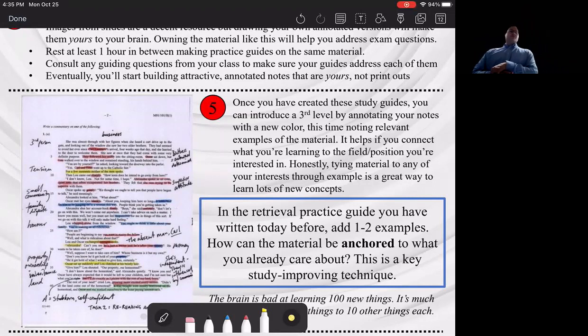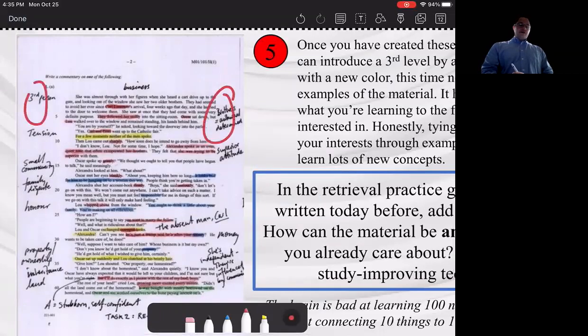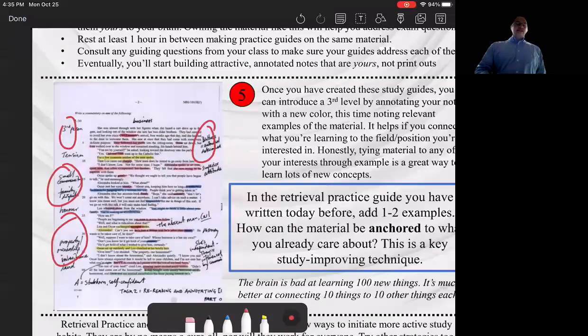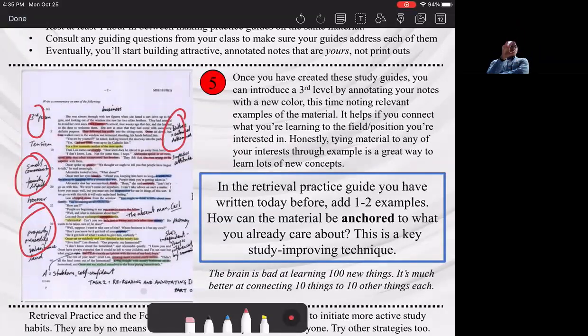The more stories and examples that you can personally draw and annotate, kind of like how we have in here, the better. And this is that final stage to get to. That's the reason that black and white content on the page, which you want to master up to 85, 90%, that final stage is turning it into your own stuff. And the examples are one way to do that. Your profs will give you a lot of examples. The textbook has a lot, but if you want to Google stuff, you'll probably find something interesting. You can use that as the anchor.